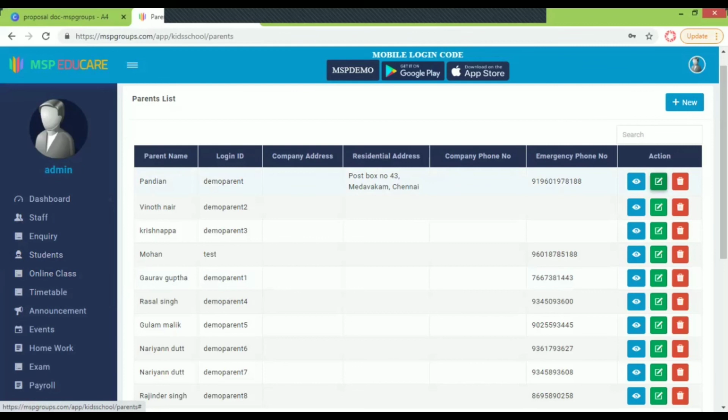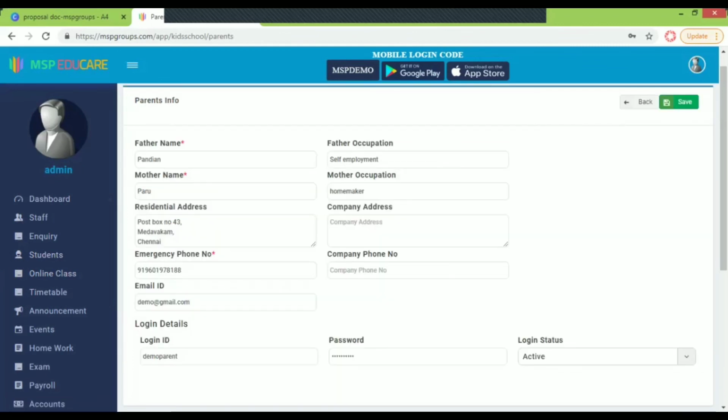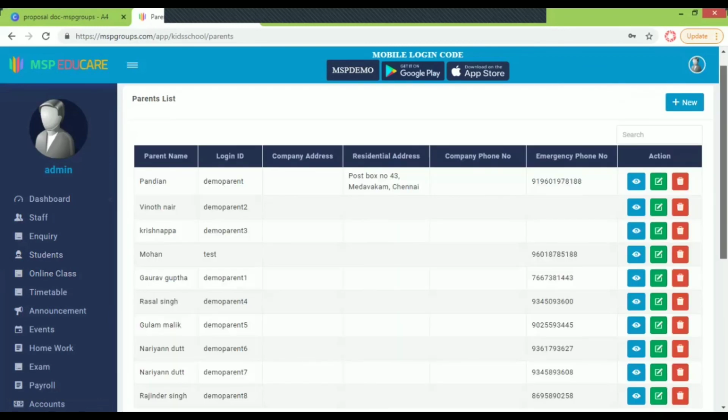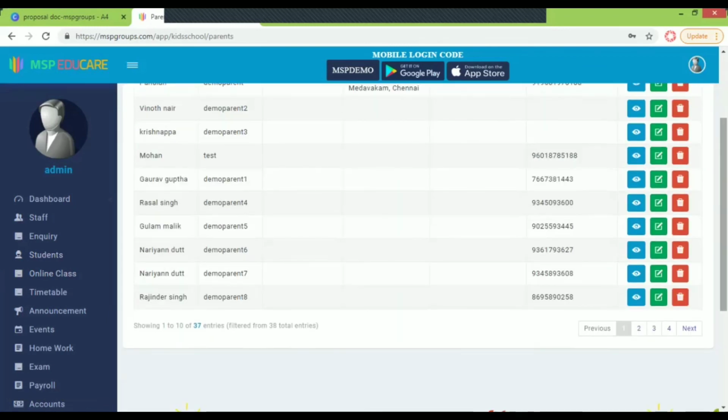If you want to suddenly change the login name and password of the parent, yeah, you could do it here in the parent. And if you want to add some other details, maybe the permanent address or the temporary address to be changed, all those things can be done under settings in the parent module.